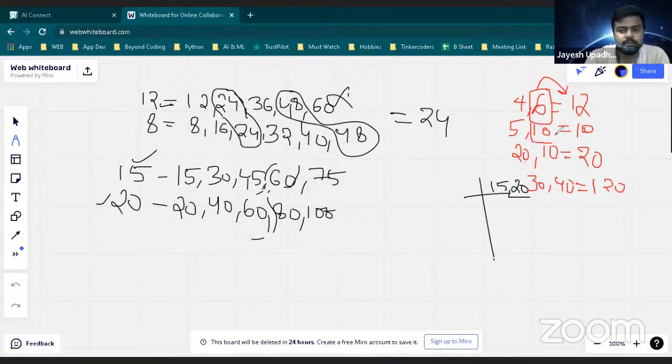If it is 10, just see, we are getting either equal or more than that. In this case, I'm getting equal. 20 is greater or equal. In this case, it is equal, so I'm getting 20 back. Simple. 30 and 40, I'm getting more than 40.